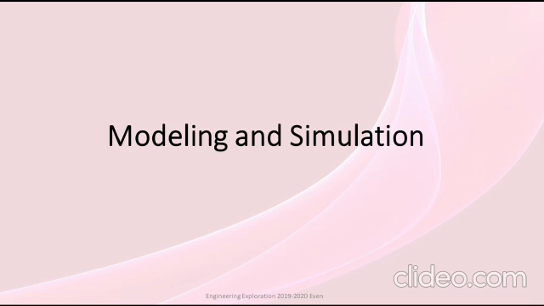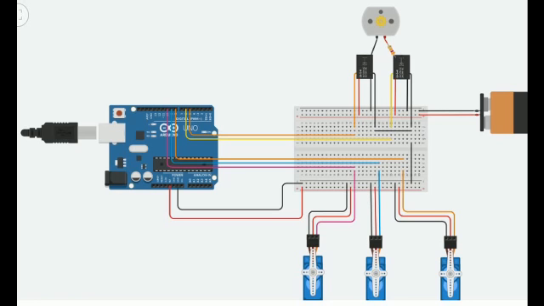Modeling and simulation will now be explained by Karthik. Let's understand the working of the circuit diagram. The components used here are an Arduino board, breadboard, a DC motor of 15 RPM, a battery of 11.5 volts, and 3 toy servos. When the DC motor is on, it is making the plate rotate.